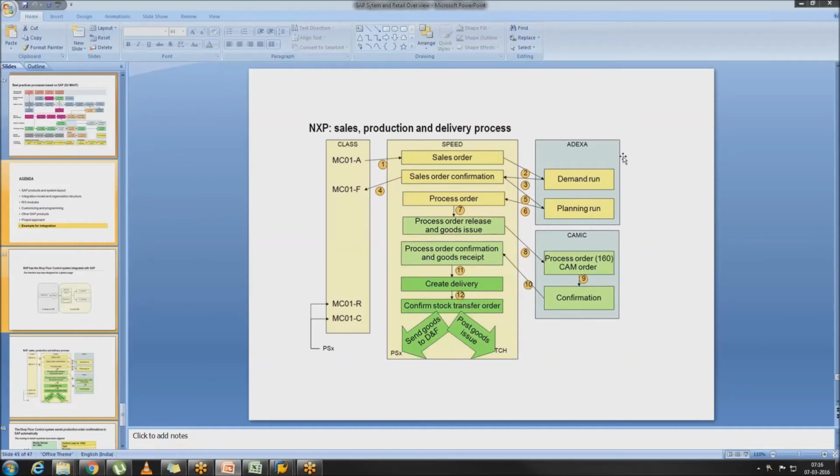Now coming into the details of this production, delivery, and sales process. First we need to create some classification and classes in our system. We can use the existing ones, but it's always preferable to select the proper one based on the business. So these are the classes given here. What are the